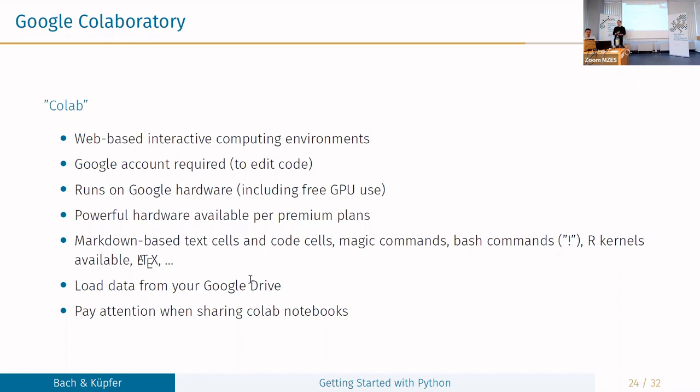Also, when you share Colab notebooks with others, pay attention. You can share the Colab notebook with others and they can directly work in your notebook, but maybe this is not what you want. If you want to display some results, you can have a viewer only mode.